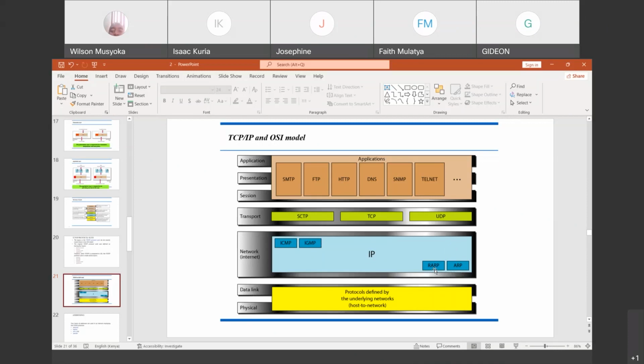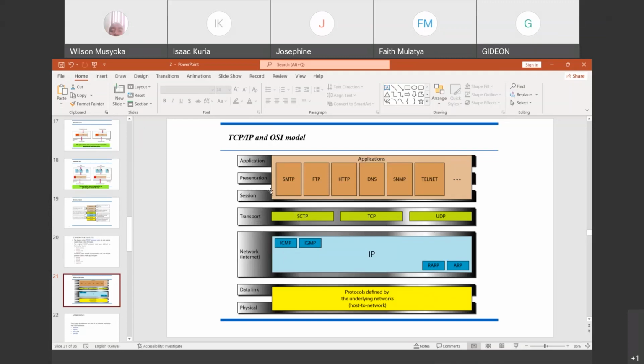When you are given a domain name, then you convert it to the specific IP address. The IGMP, the Internet Gateway Management Protocol, and the ICMP, the Internet Control Message Protocol, we will also look at them. The transport layer, we normally use the TCP, but then we also have the UDP and the SCTP protocols, which we shall also look at.